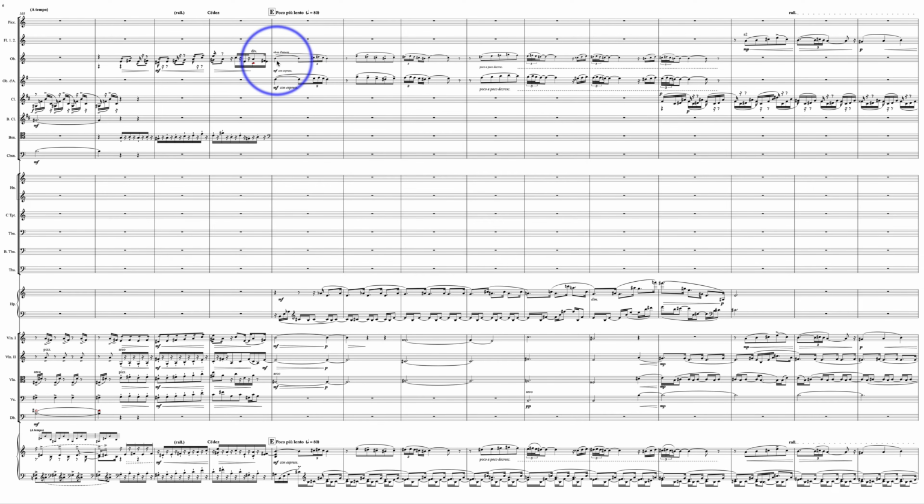Now, I am hedging my bets as well in writing out that part to be covered by the first oboe player if it is impossible to find an oboe d'amore instrument to be played. However, I'm assuming that the English horn player will be able to play it with no problem. And I really kind of would rather have the third oboe player playing this anyways. I kind of want it to come from below rather than from above, if you see what I mean. Not that it would make a huge difference anyways which player played this, because most oboe players will be able to play the d'amore with no problem at all.